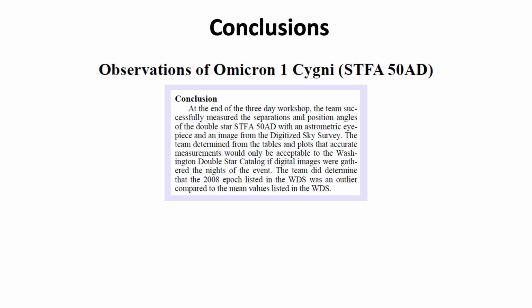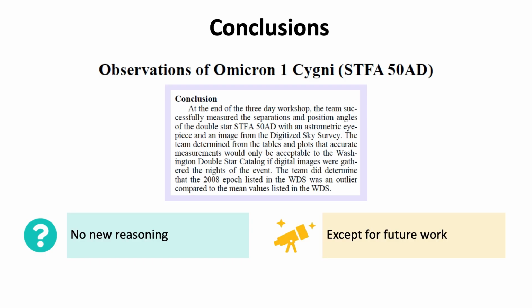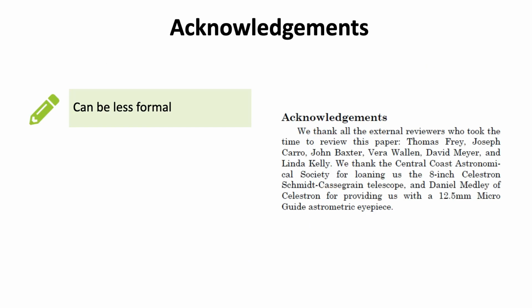A vital aspect of the conclusions is to avoid introducing any new information or reasoning. However, an exception is future research possibilities. These potential areas of research should be specific rather than a general statement such as, "This double star needs more follow-up observations." While the other sections of the paper are very straightforward, facts-only material, the acknowledgments section offers the opportunity